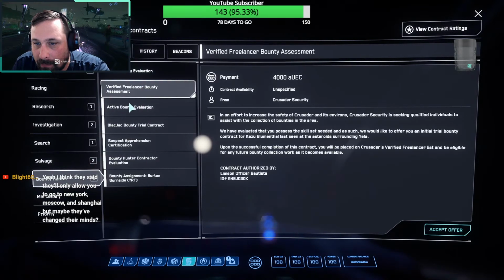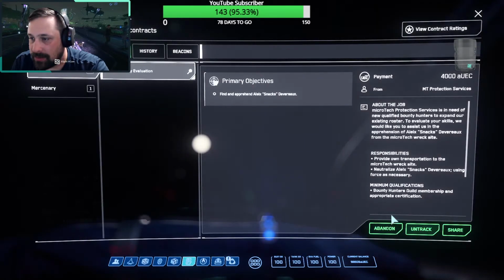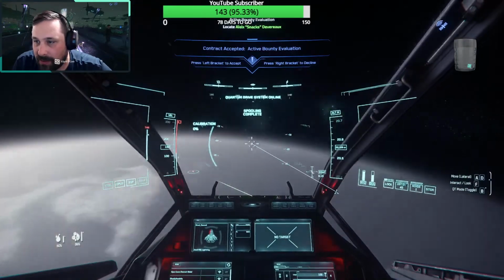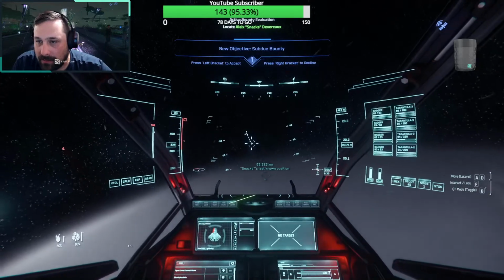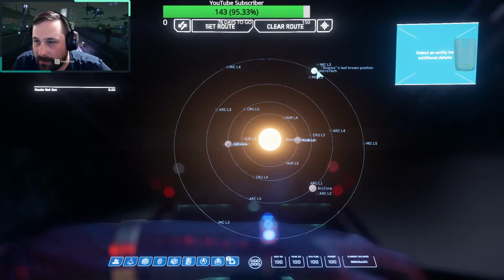Alright, we got some bounty hunter stuff here. Let's take a look. Alright, we're going to do this one because it looks like it is an atmosphere. Ah, nice. 62,000, so...